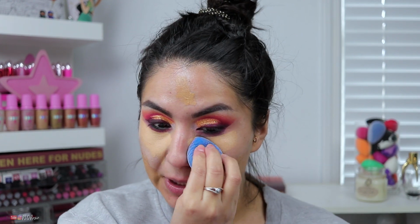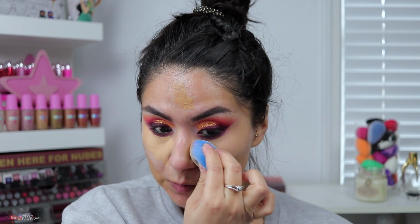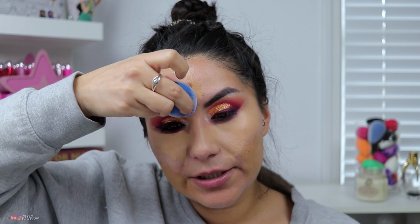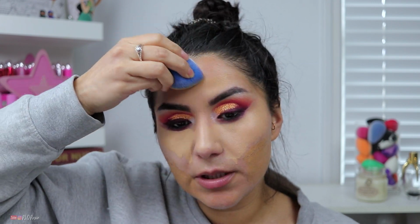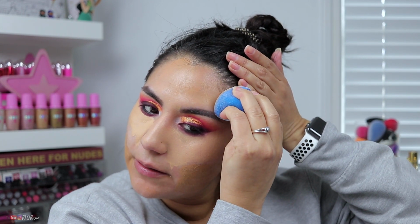So, I've been doing this new thing, which is so weird. I don't know if it's weird or not, but I've been putting on my foundation and then setting before I even blend it in. Don't ask. It's just something I've been doing. Seems to be working because I've been getting a lot of compliments on my makeup and skin lately. So that's the only difference aside from adding the collagen peptide, which I freaking love. I mentioned it in my last video, which never made it to YouTube, has yet to see the light of day. The actual getting ready with me was on Instagram, but...